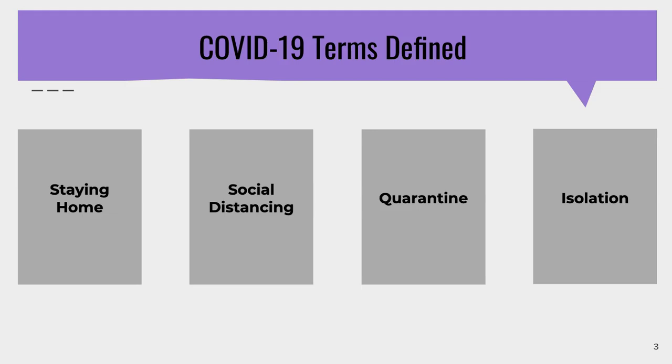And this means that you need to stay home if you have been exposed to someone who has COVID-19. Quarantine helps prevent the spread of disease that can occur before a person knows they are sick or if they are infected with the virus without feeling any symptoms. And then lastly, we have isolation. And isolation means that you have COVID-19 and need to stay away from others, even those in your household. Isolation helps prevent the spread of disease by limiting the contact an infected individual has with others.